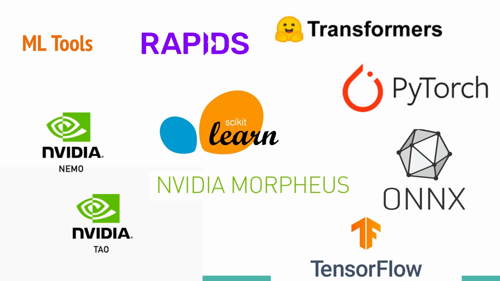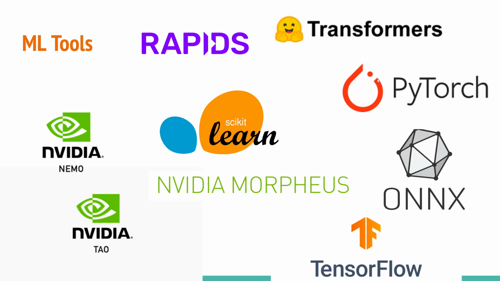So use those libraries. There's NVIDIA Rapids, there's scikit-learn for doing unsupervised learning, there's Transformers, which has a bunch of pre-trained models that you can just continue to build off of. So you can use the $1 million models as a base and then add your data on top of it to fine-tune it. That's just fine. You can do that. Do not start from scratch though. There's PyTorch, ONNX, which is for inference, and TensorFlow.